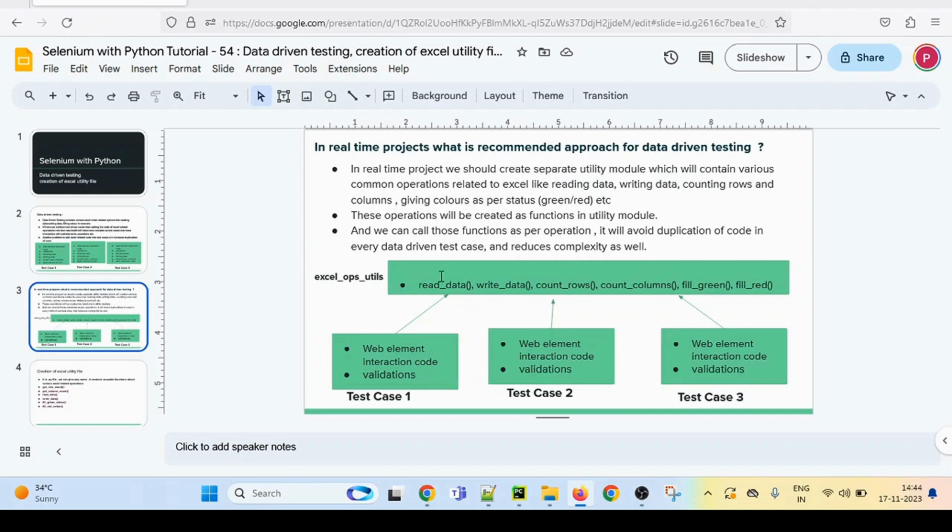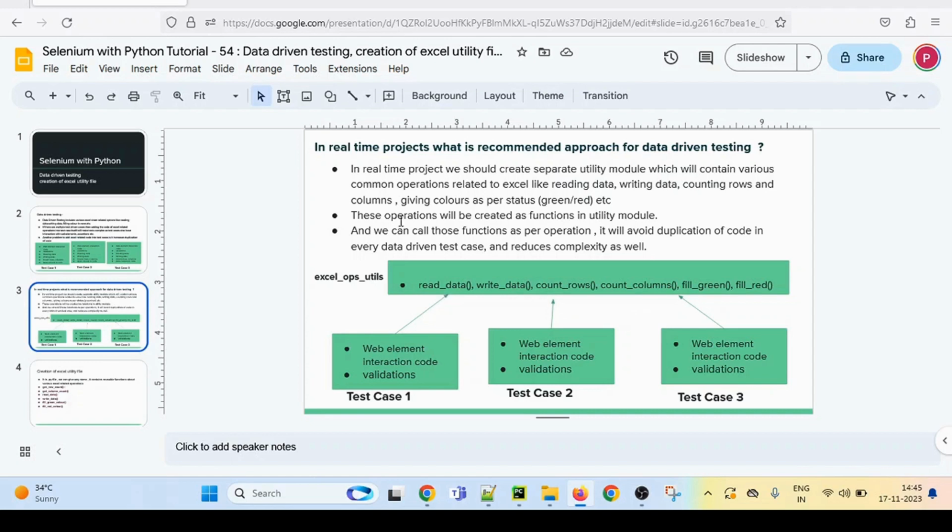So we have to create separate functions in the Excel utils file, and we can call these functions in our test cases. That will reduce the complexity of the test case, and also it will avoid the duplication of code. So this is the approach which we have to follow.